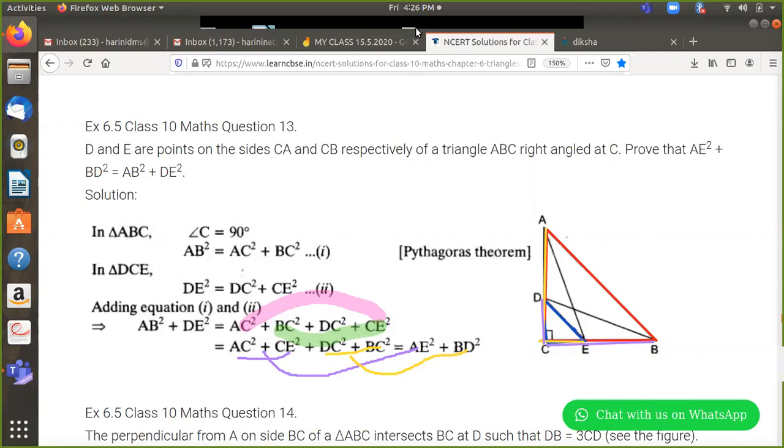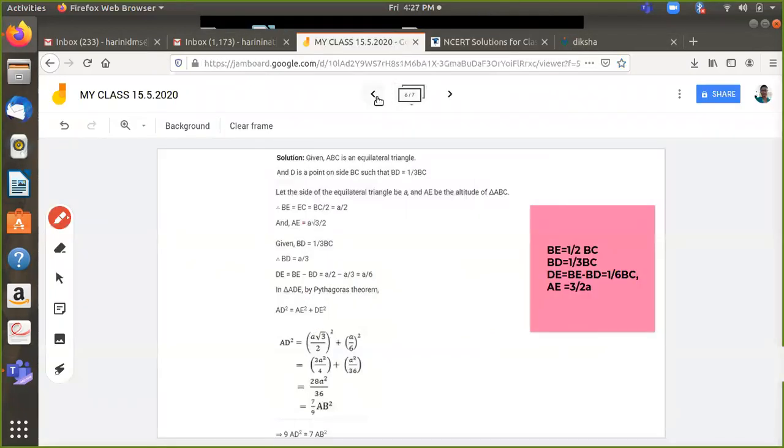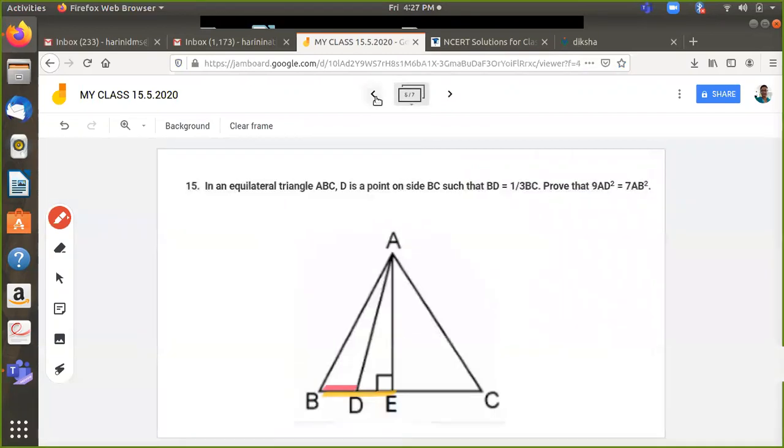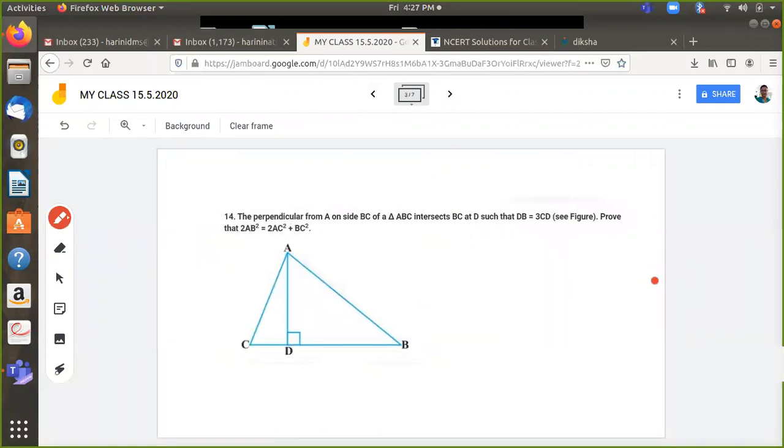So now I stop my screen share. And then I think one problem is done now. We have finished with exercise 6.5, the 13th problem. Now we'll move on to the next problem, which I think I will take you to my okay, so this is where you have come. Now I am on problem number 14, right? We wanted to do problem 14. So this is our 14th problem.